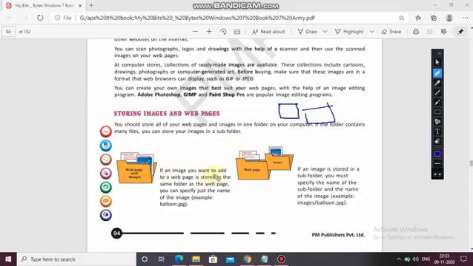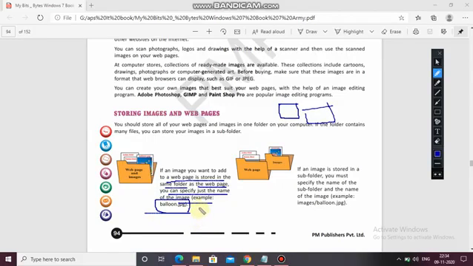If an image you want to add to a web page is stored in the same folder as the web page, you can specify just the name of the image. Okay, if you are saving all the images in the same folder, then you just have to type the name with their extension, like balloon.jpg.